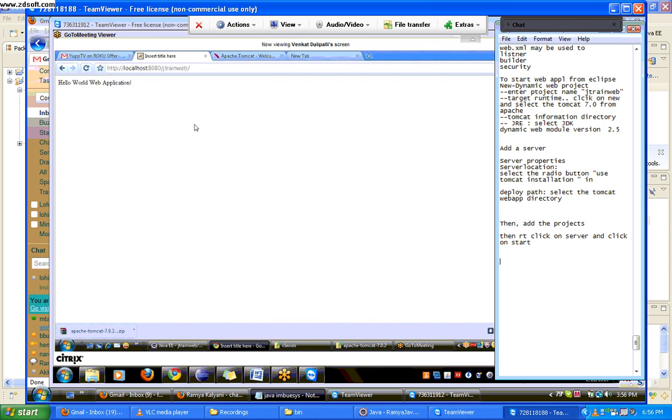And now let me explain the flow, how it really serves the index.html page without giving the index.html here, right? You can specify the index.html file here, but how come it's able to display the hello world web application whenever you access the application itself? Now, whenever you have a request in the web browser, what it really does is